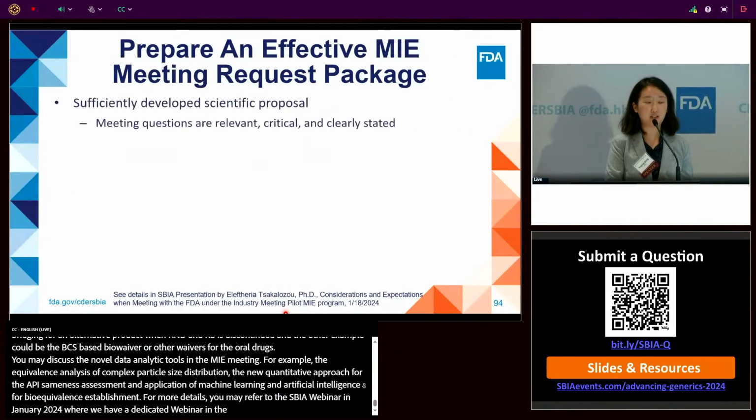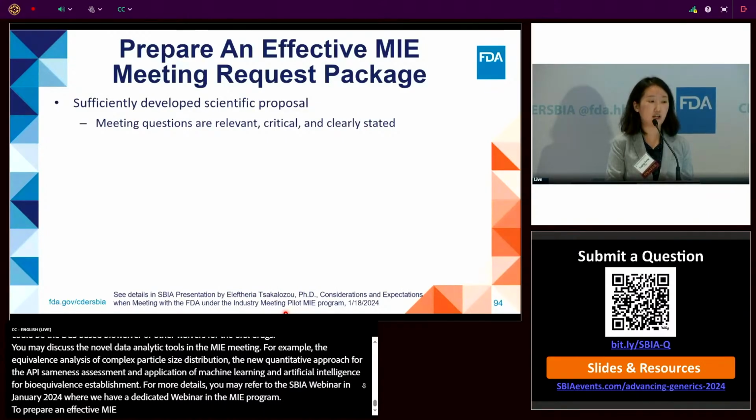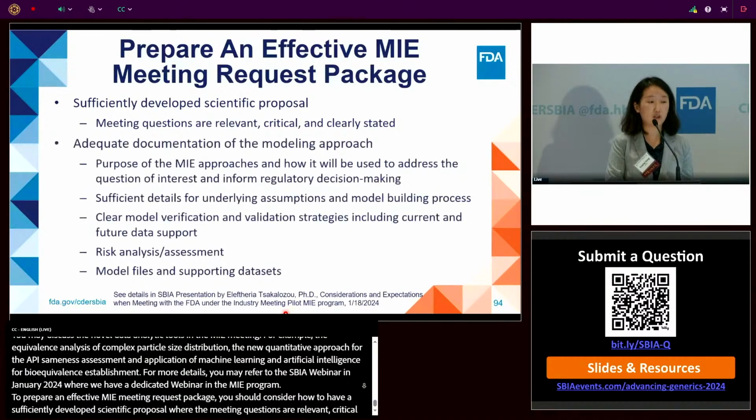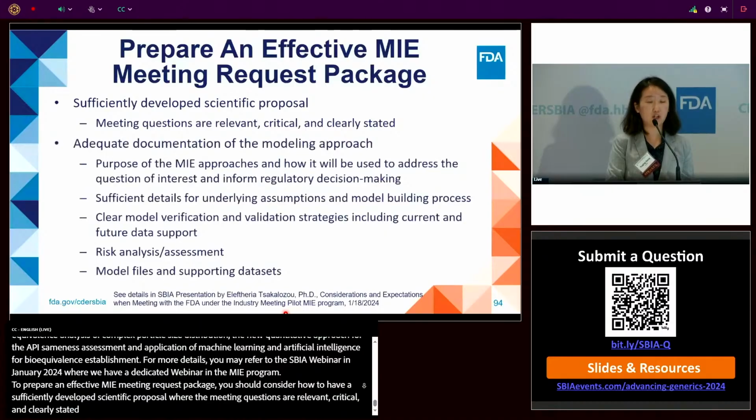To prepare an effective MIE meeting request package, you should consider having a sufficiently developed scientific proposal where the meeting questions are relevant, critical, and clearly stated. Adequate documentation for the modeling approach can be very helpful to be more effective in the communication.